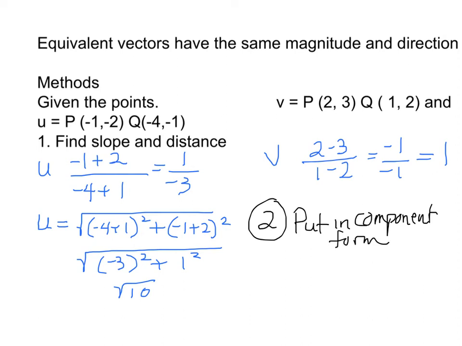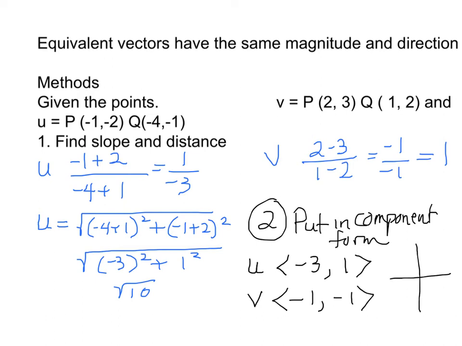All right, so if you do that, the u vector in component form would be q minus p, which is -3, right? We've done that again. And then we would do the other, and that would be 1. And then the component form for v would be 1 minus 2, which is -1, and 2 minus 3, which is -1. And you can see right away that these two vectors, when graphed in standard position with the initial point at 0, 0,